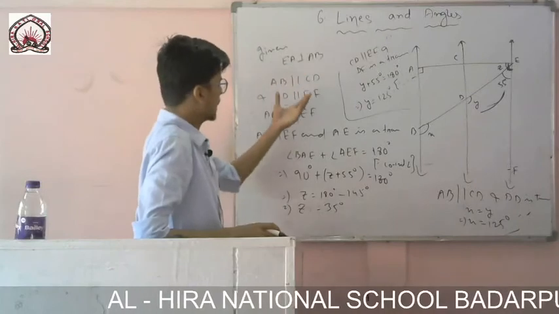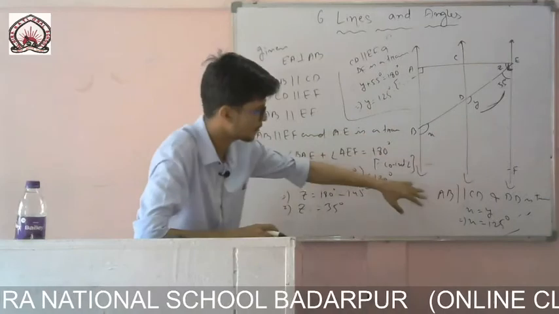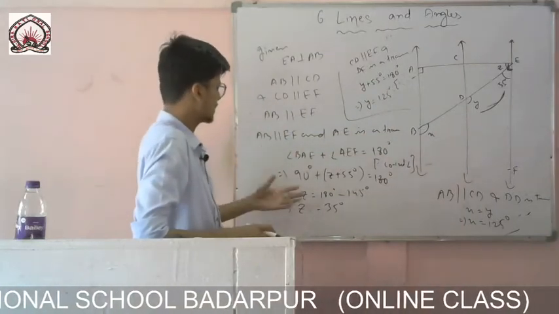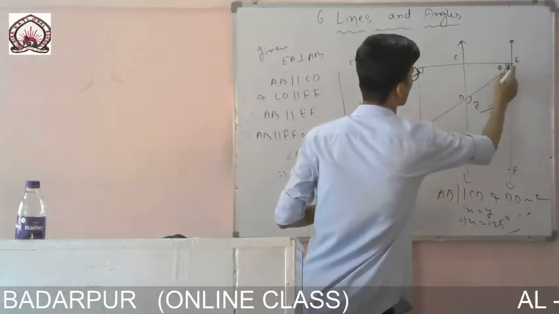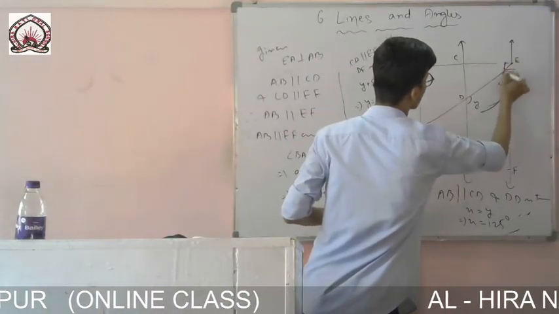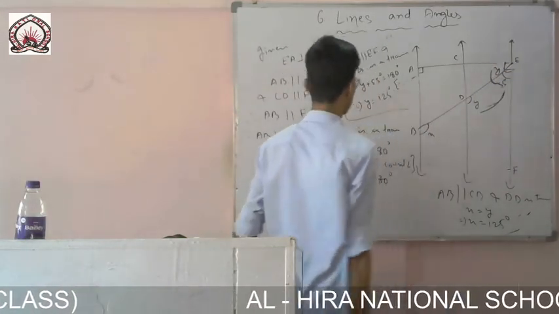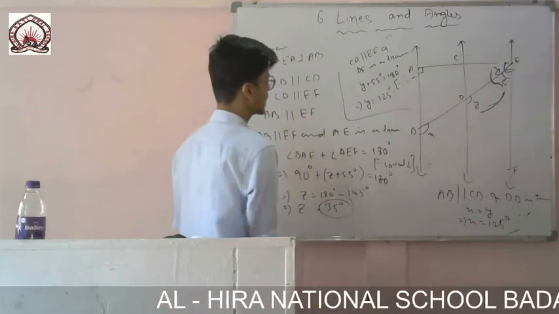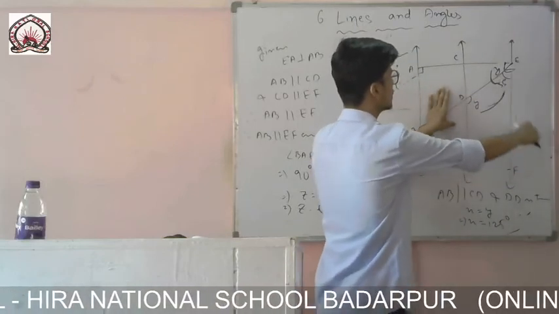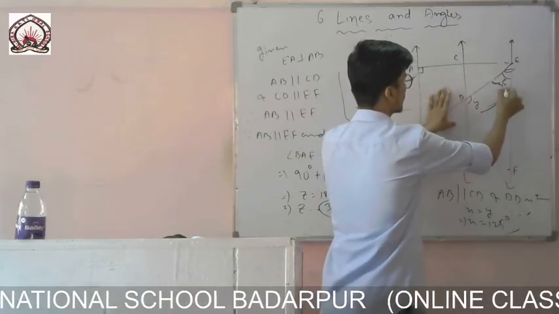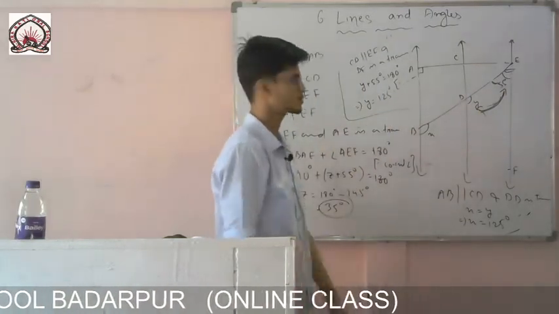What I have done: first of all I have found Y, then X, then Z. If you want, you can do it from the other side also. It's up to you. I need only the answer. For this one I have taken these two as parallel lines, and this angle and the whole angle as co-interior angles. So the whole angle means Y plus 55, and there I have got the value of Z as 35. For this one I have taken these two as parallel lines and this is a transversal, so the sum of these two angles will be equal to 180. So from there I have got Y equals 125.